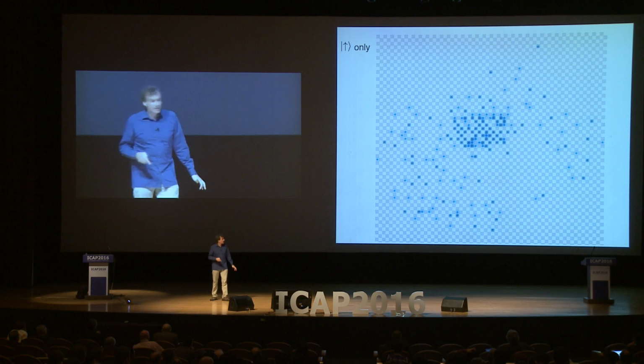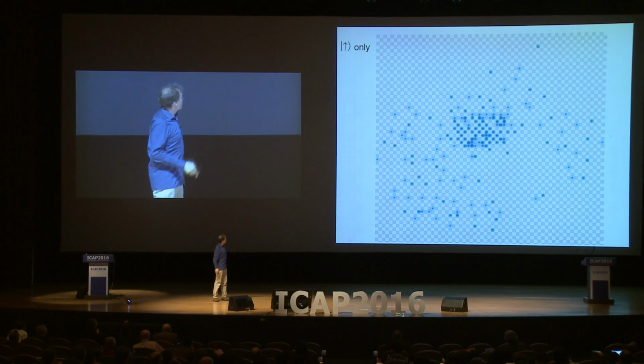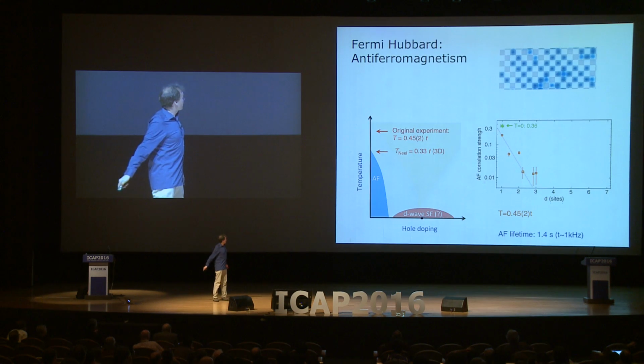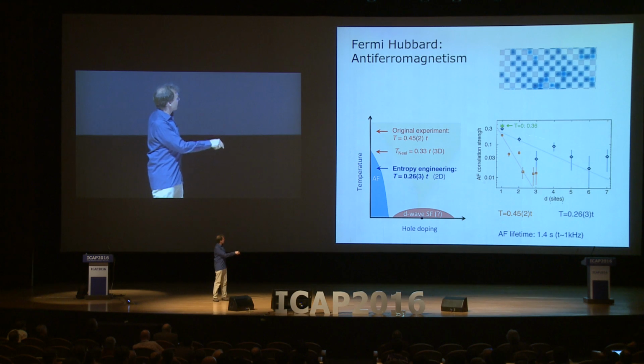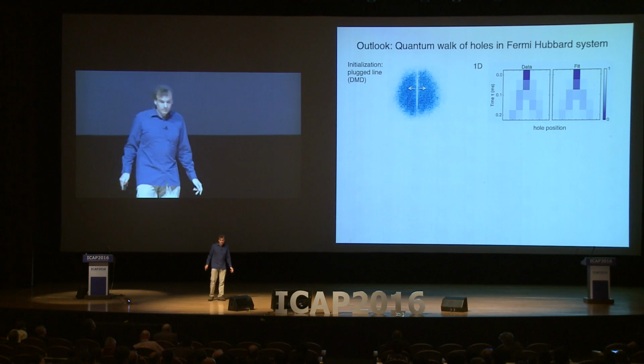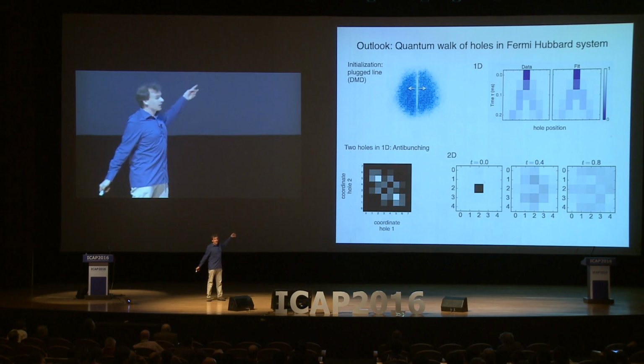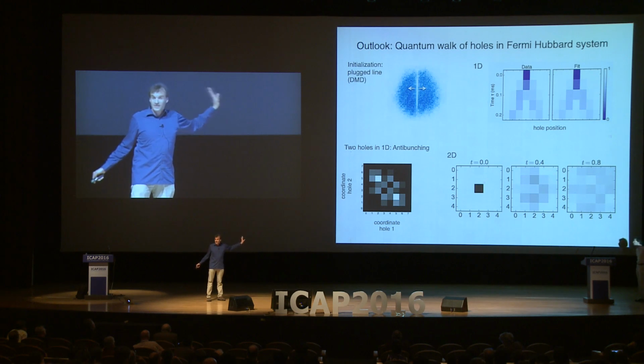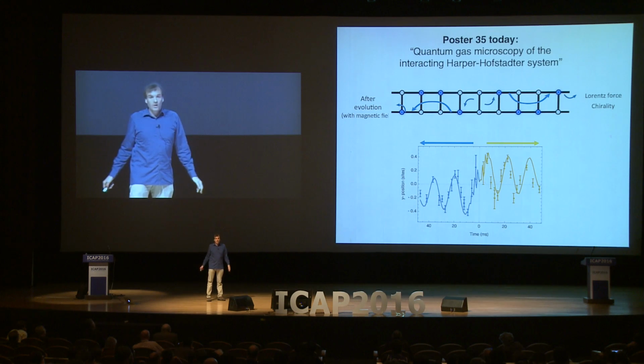many lattice sites away, and we can quantify this and measure the correlation length. And you now see antiferromagnetic correlation on a much longer scale here. We can also extract the temperature, which is now, we have a 2D system where there's no sharp transition, but these temperatures are below the 3D transition temperature, right? We also started to study dynamics, like quantum walk, which gets really interesting because those holes behave in